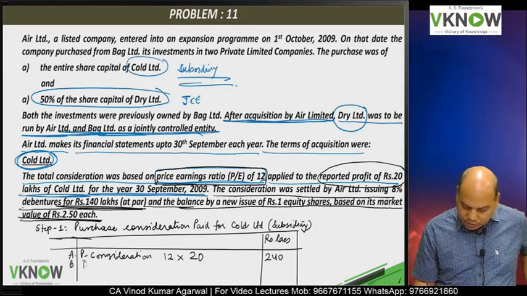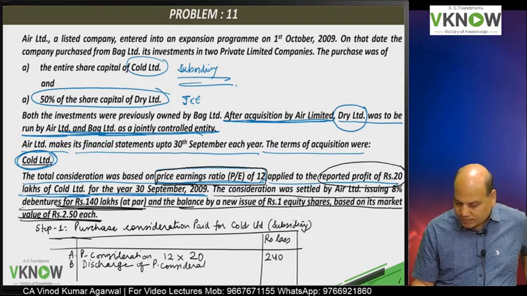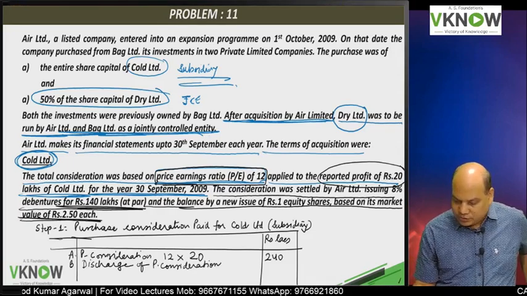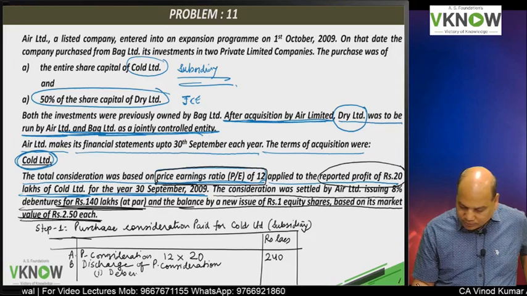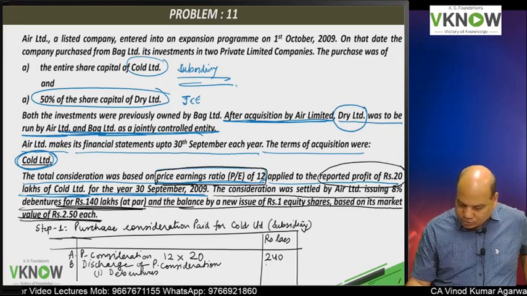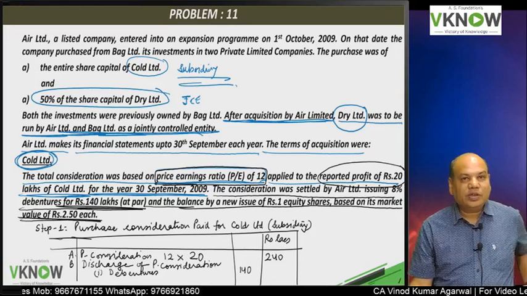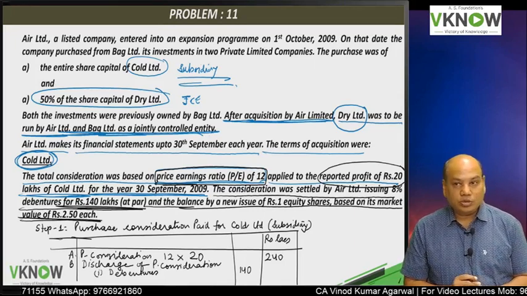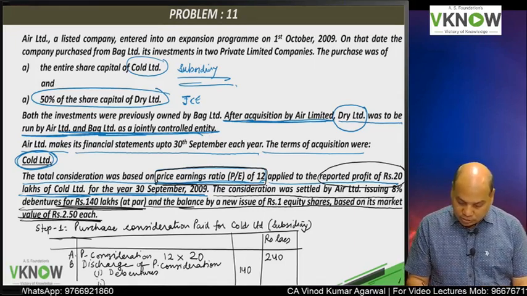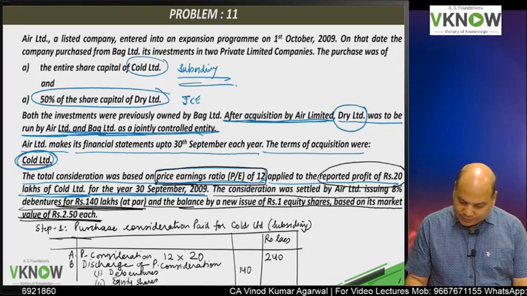So point number B, write down discharge of purchase consideration. Under that write down 1, debenture issued 140 lakh. Out of 240 purchase consideration payable, they issued debenture of 140 lakh. And what about equity shares? They have issued equity shares